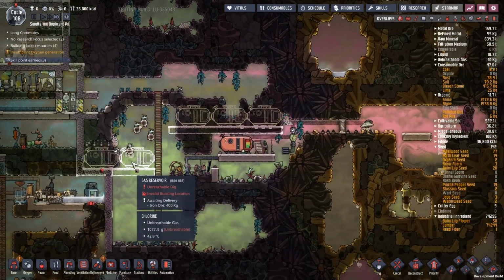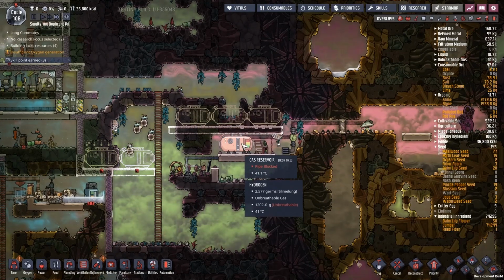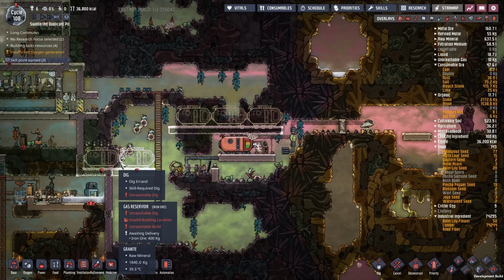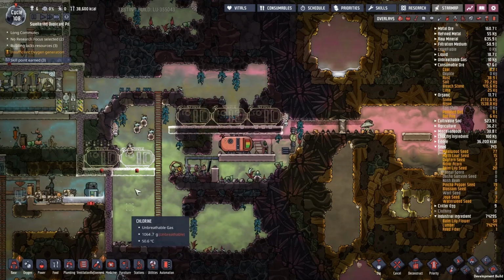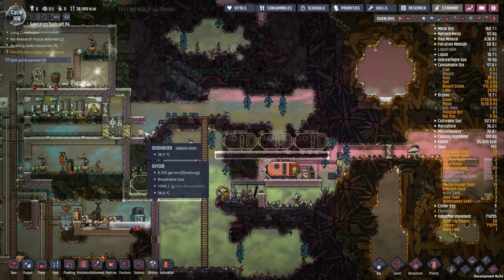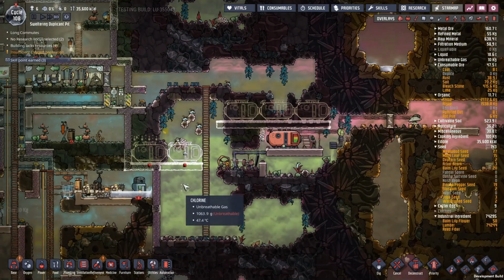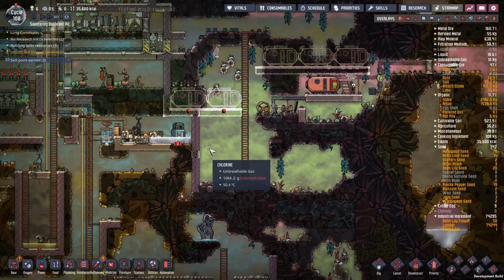I did plan out a little bit more on the gas reservoirs. I'm going to put 4 over here for the hydrogen, and these 2 over here are going to be for the chlorine and whatever else is in here. I'm probably going to put a filter on it, keep the polluted oxygen and hydrogen out, and maybe vent the polluted oxygen right here to this deodorizer. Just get this area cleaned out